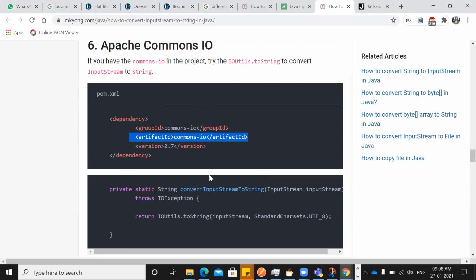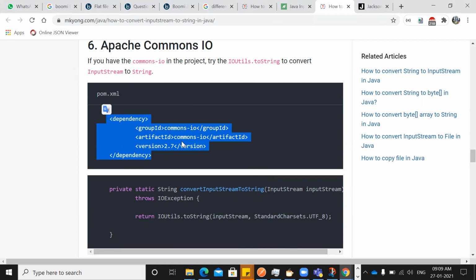Then we use one function called IOUtils.toString. You just pass the input stream and the encoding you want, and it quickly converts it and returns the string.